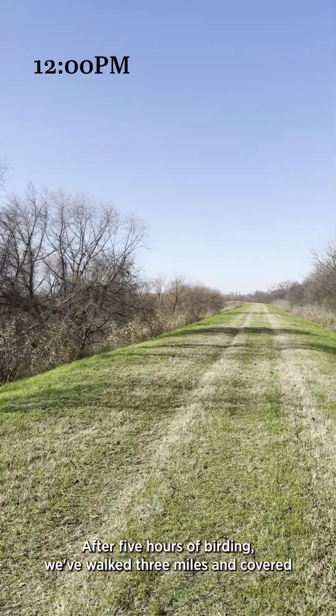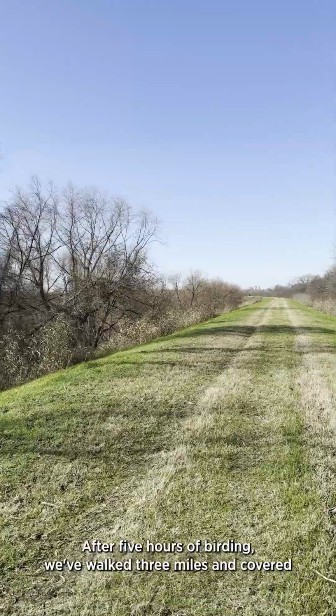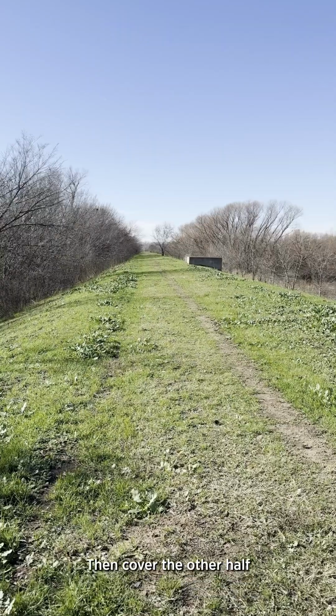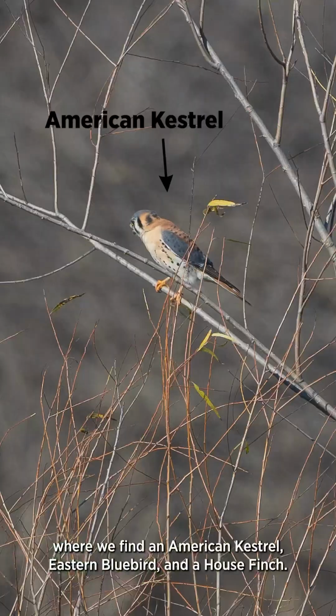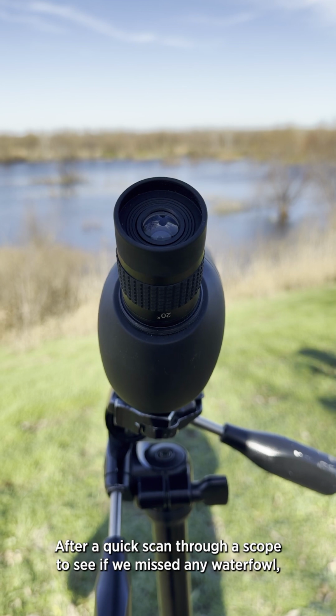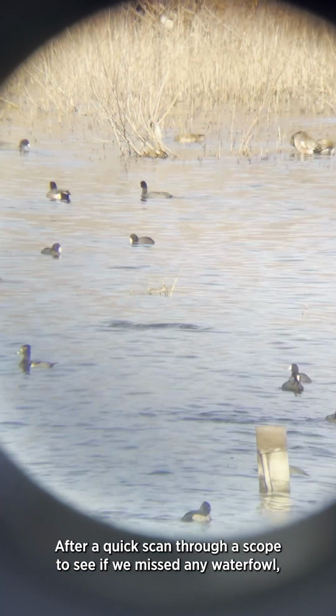After 5 hours of birding, we've walked 3 miles and covered half of the sewage plant, so it's time to take a quick break for lunch, then cover the other half, where we find an American kestrel, eastern bluebird, and a house finch. After a quick scan through a scope to see if we missed any waterfowl, we head to our